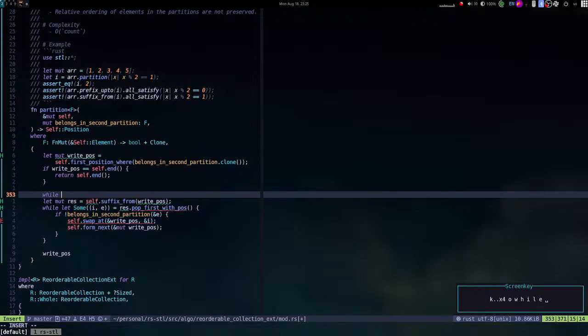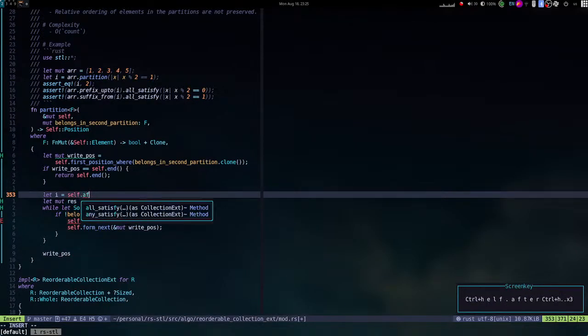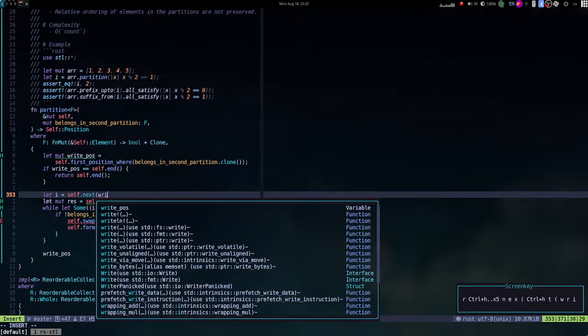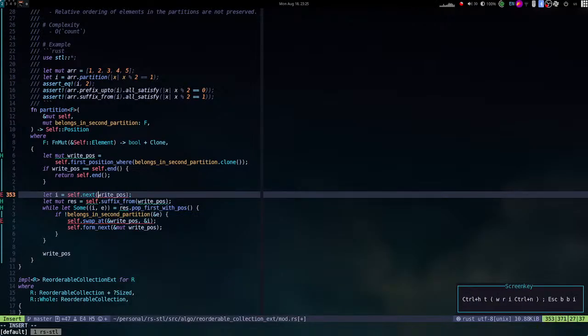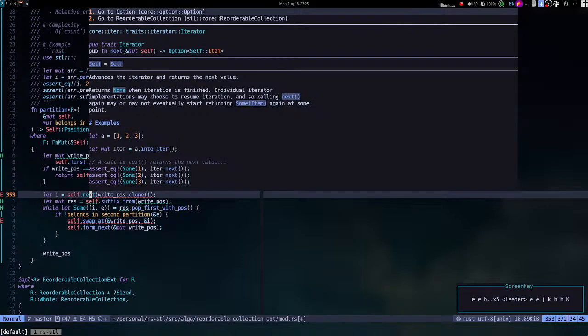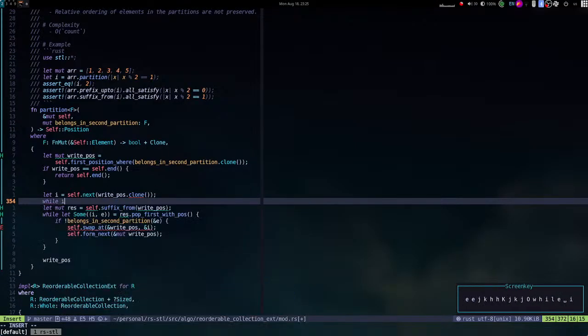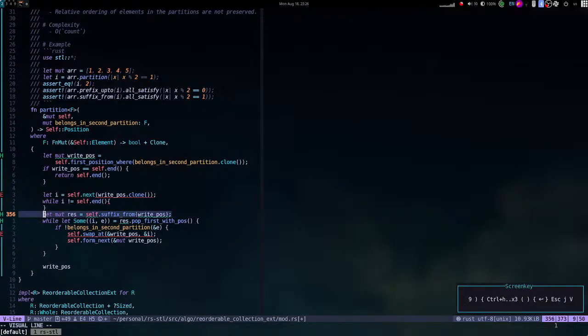Okay, that's fine. While let i is self.next_of(right_pos).clone() or self.pos... problem. This is fine. This is totally fine. While i is not equal to self.end,